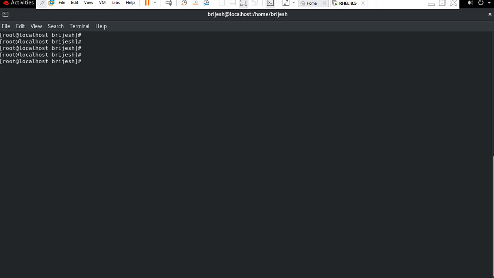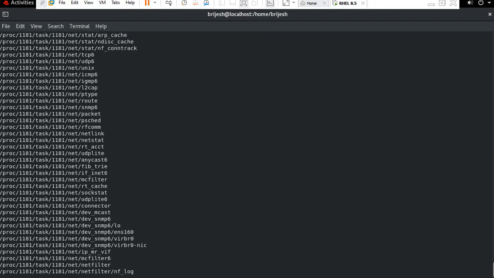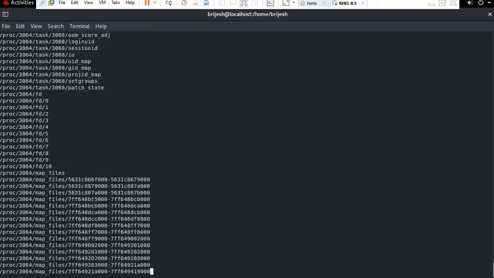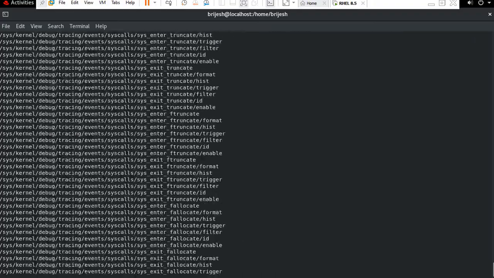I'm just going to check that. Find space hyphen mmin 20, or you can type 30 for within 30 minutes. Then press enter. It will show all the files and folders which were modified within 30 minutes.